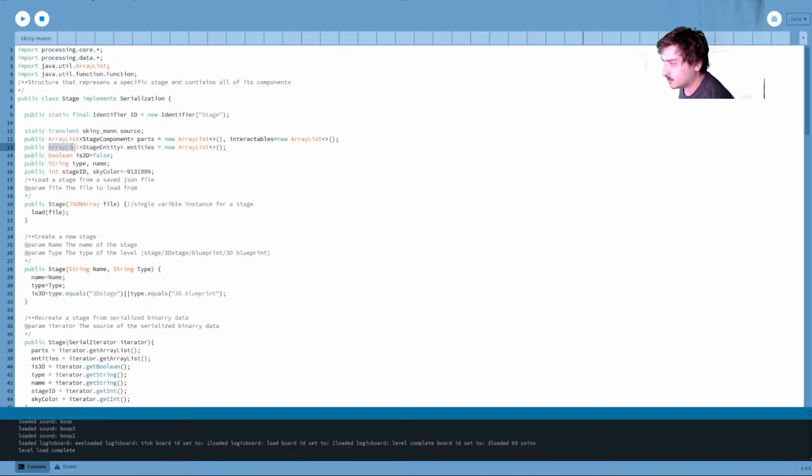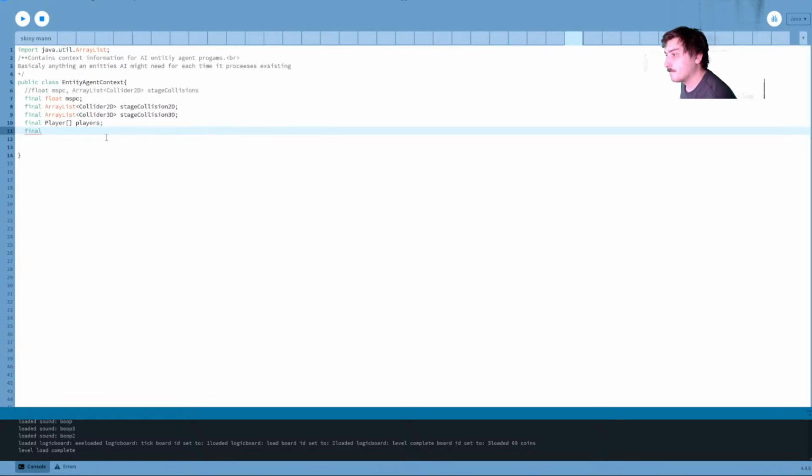Okay, so we'll just make this a final array list of stage entities. Keep in mind that this will contain the current entity. Anyhow, I think this is all the context we could realistically want at this point, for the entities AI at least.